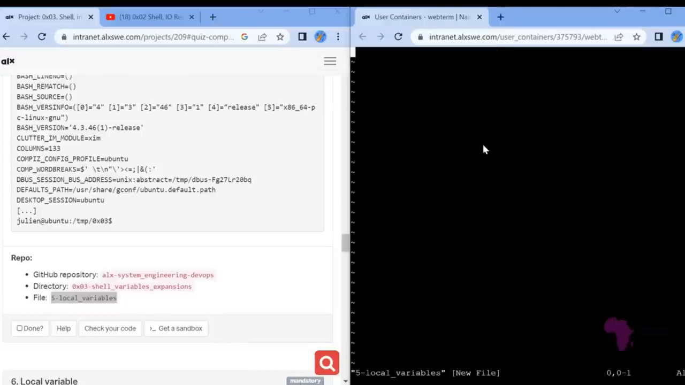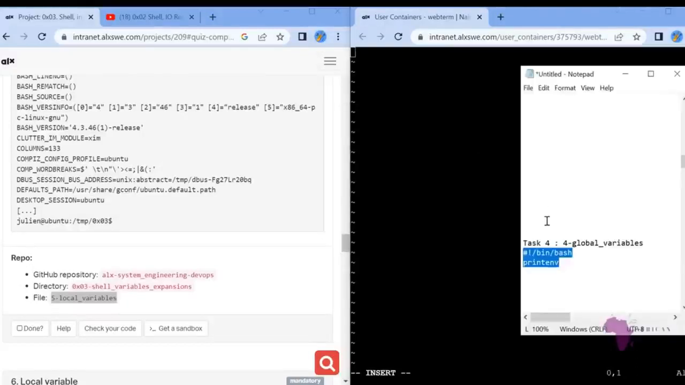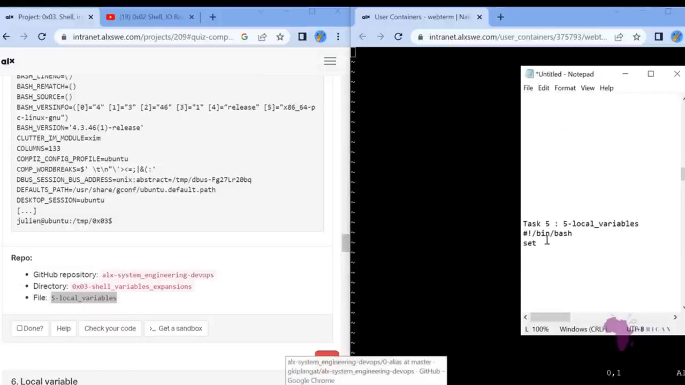Then we go to I, that is insert mode. We are changing it to insert mode. So after that, we key in our answer. Let me have our answer, then I'll explain to you. So this one,